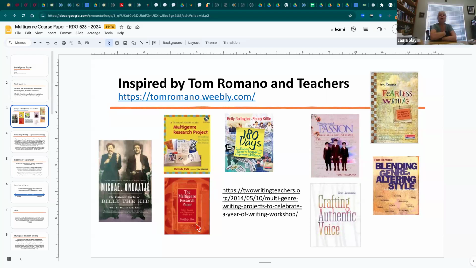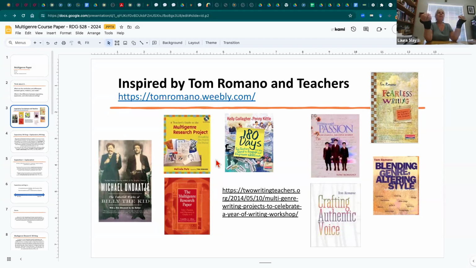Melinda Putz, and there's a Camille something rather down here, Camille Allen, who have taken his work and then tailored it to elementary school children. And basically they would take a topic and teach this over an entire semester, where you're studying various different genres and you really get deep to understand, well, what is that genre? What are the rules for poetry? What are the rules of structure for these different types of